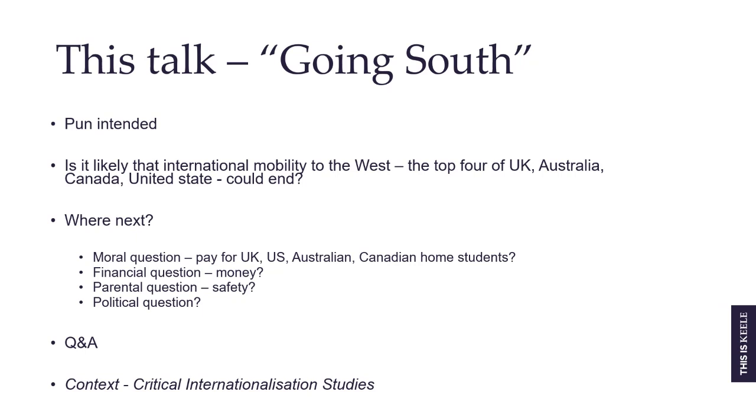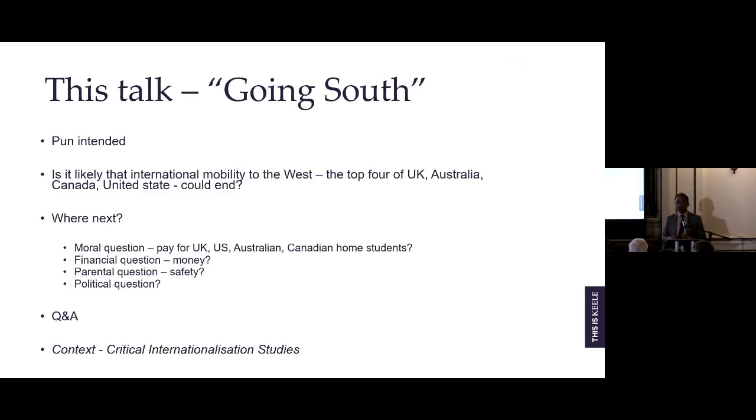And there are a few questions we will explore this evening. So we know in the UK now that international students don't just subsidize research, they now subsidize home student fees as well. Is that okay for these big countries as well? And of course, can these countries afford it? Parents are particularly concerned, especially in China, about their children's safety. So you see a change in Chinese parents' decision-making about where they send their kids. And there is a political question, and the political question is about geopolitics and so on. We can see what's happening in the US right now. But